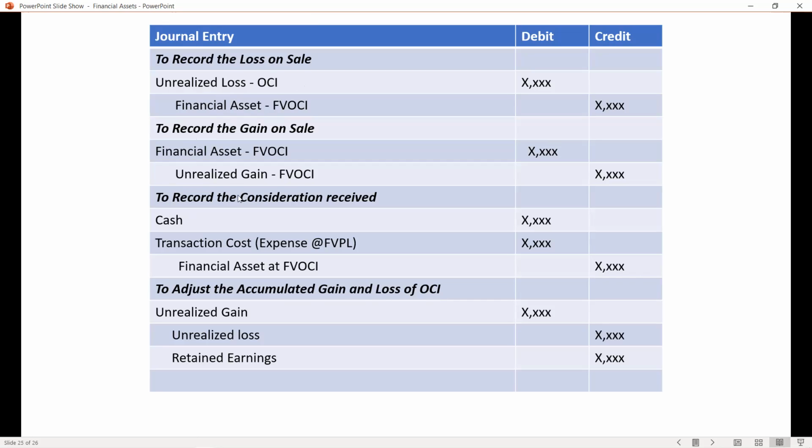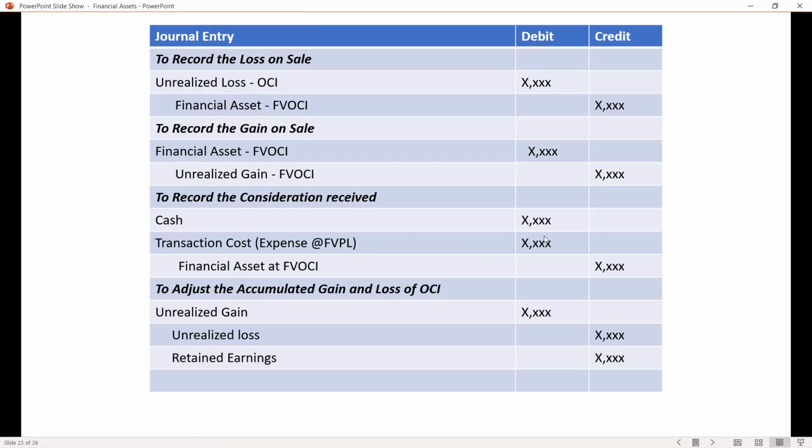Tapos i-record natin yung consideration na na-receive natin, which is cash, at transaction cost. I-expense natin siya at FVPL, hindi at FVOCI, kasi lahat ng expense nare-record through